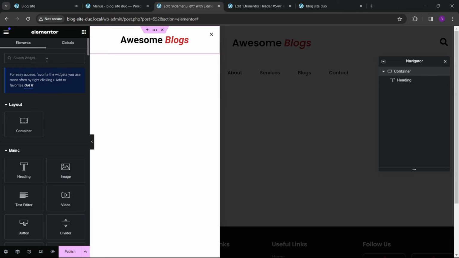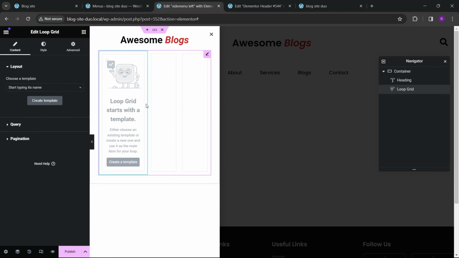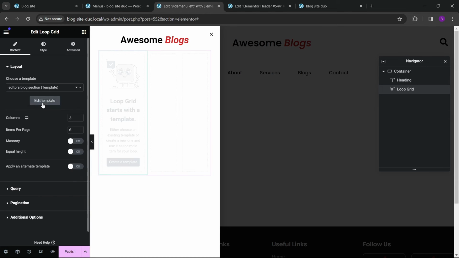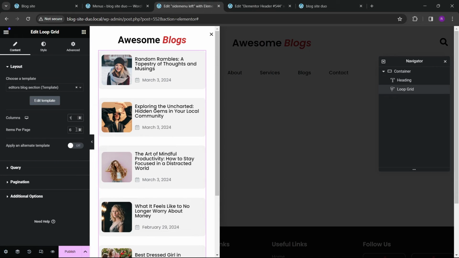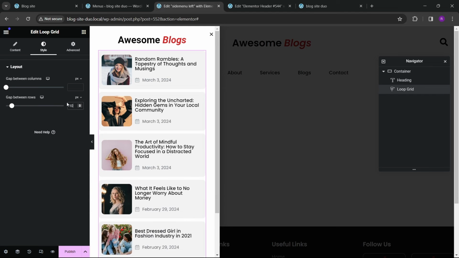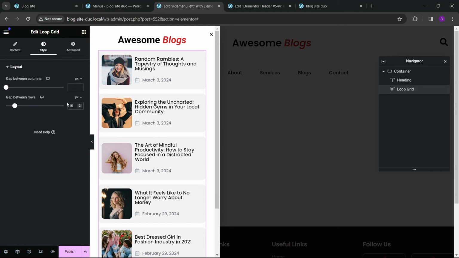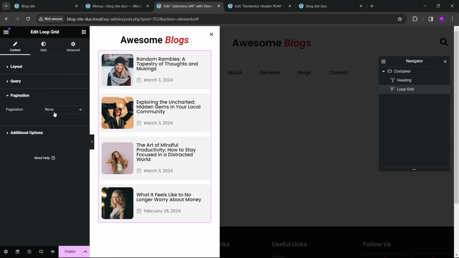Okay, so now let's go here, and here we're going to choose the loop grid options, in the same way we have just made for that single block per sidebar. Okay, so make this one items per page. Go to styles, and here we're gonna make it 10. Items per page would be 4 only, and else would be coming from the pagination. So numbers,